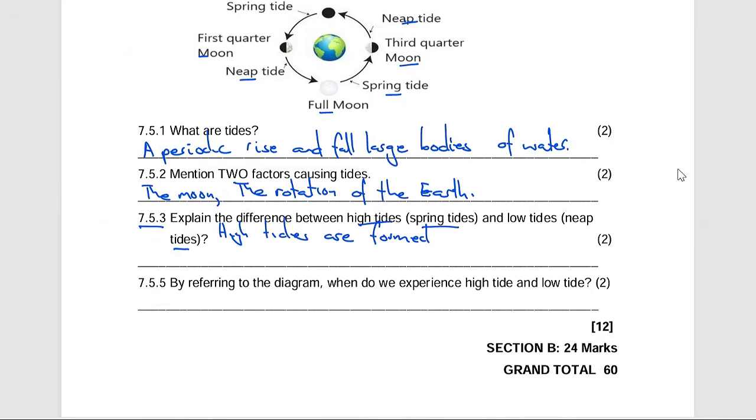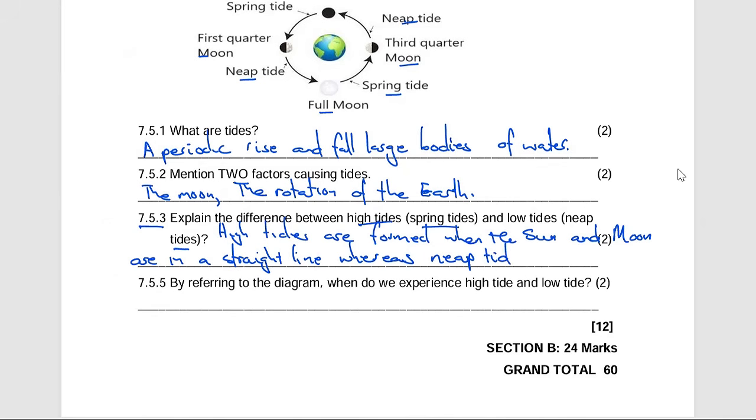when the sun and moon are in a straight line, whereas